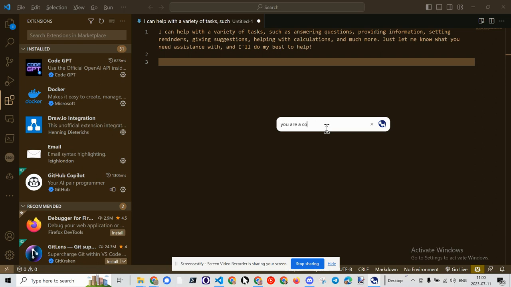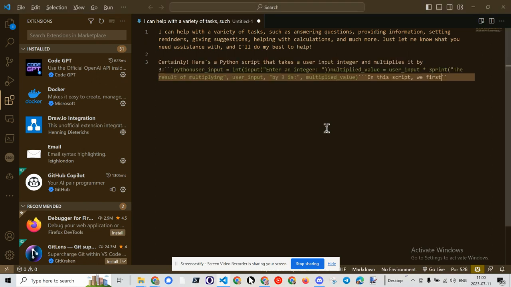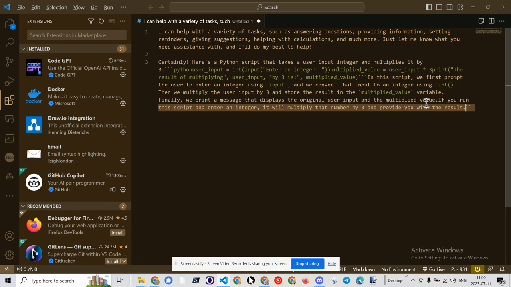You are a Python expert. Write a script that takes a user integer and multiplies by 3. That is a silly piece of code, but here it is. We'll see what it can do. And you can see that it is writing it directly into